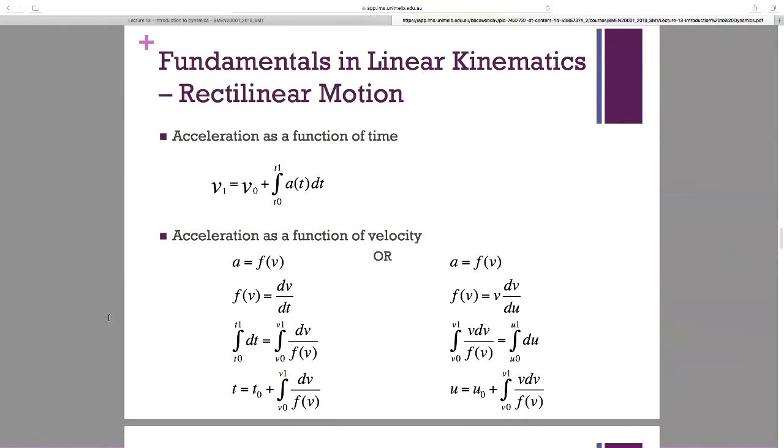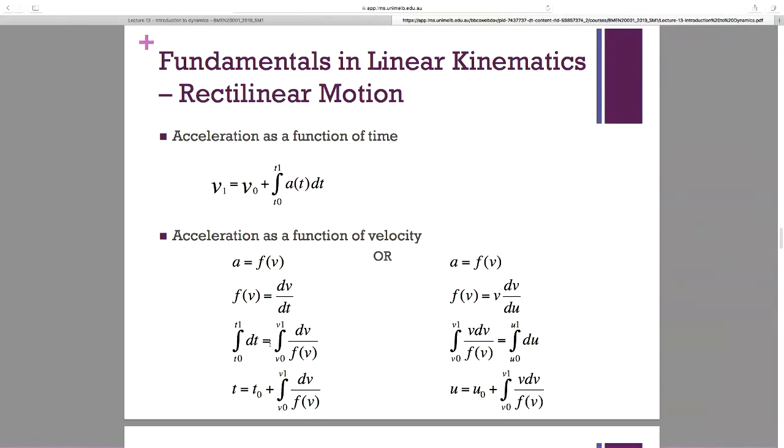So these relationships are now just showing you how, starting with the fundamentals of the differential, the relationships between acceleration, velocity, and displacement, you can go beyond just constant acceleration and start introducing concepts of changing velocities or changing acceleration. So here we've got acceleration as a function of velocity. If I wrote down f of v equals dv dt, that's the fundamental relationship, I can then come up with relationships for